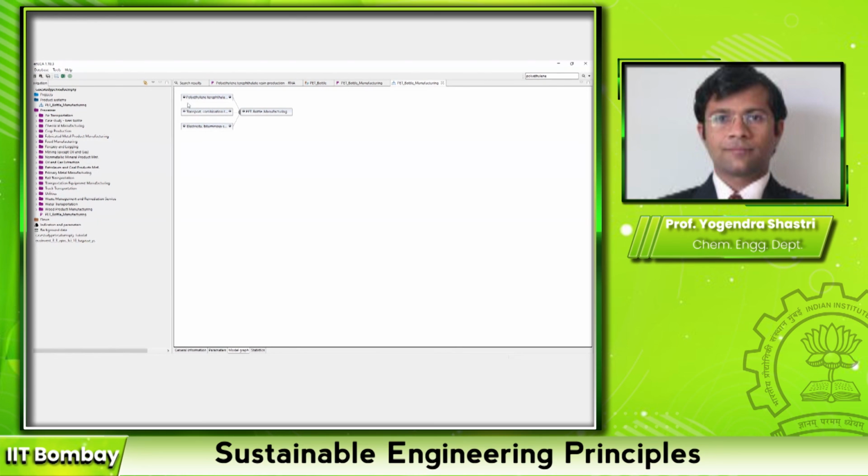One thing I want to clarify: you can actually double click on this and it shows you the inputs and outputs. I mentioned this last time also. One of my gripes with OpenLCA is that the interface is not very good. These arrows are a little clunky, but I can't do anything about it. You can double click on this and it shows you all the inputs and outputs. You can do this for the other processes also. These are all the inputs that go into the resin manufacturing, and these are all the outputs.